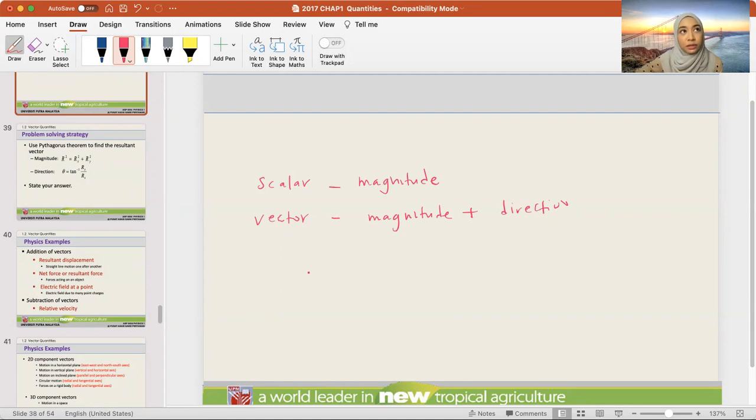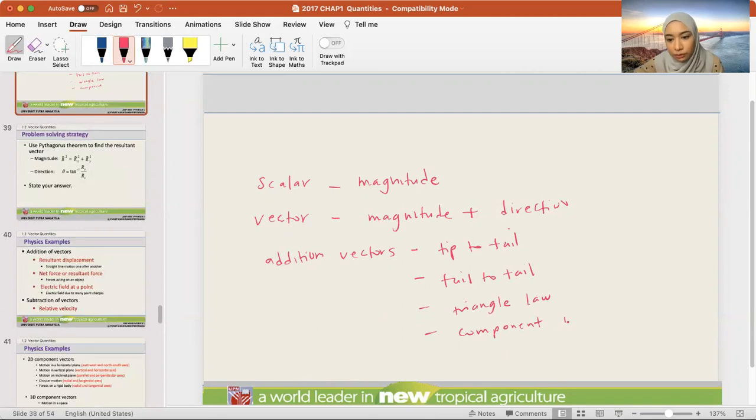Okay, so we talked about scalar and vector, and then I told you addition of vectors. Ada a few techniques to do that. Addition of vectors. You can do the tip to tail, right? Just to recap here. And then you have the tail to tail. Okay, and then you have the triangle law. And then you have the component method, which we discovered quite late. I mean, it's the last technique, right? Component methods,